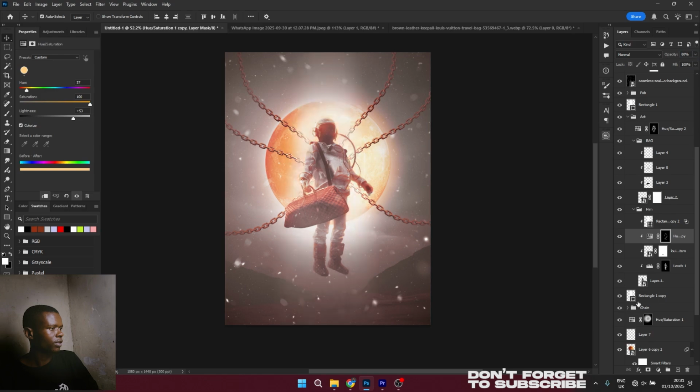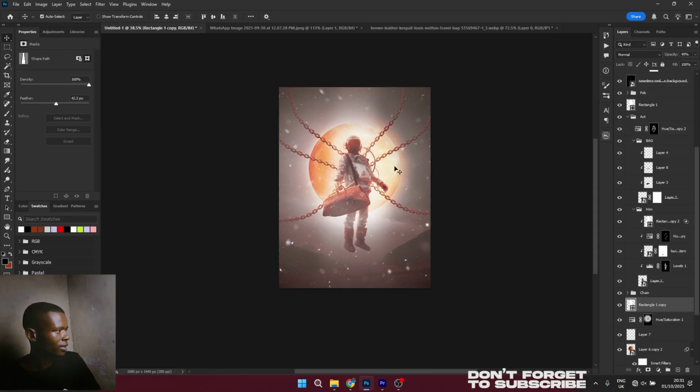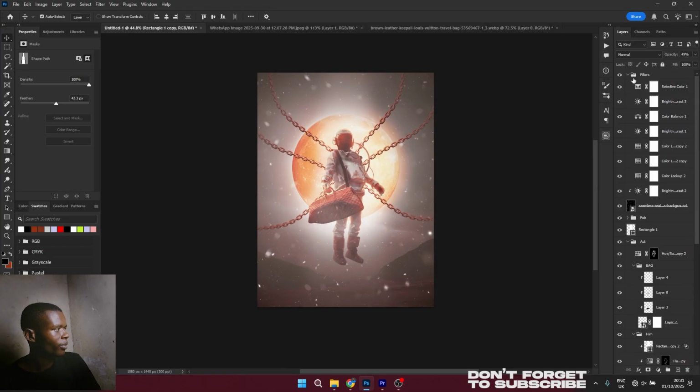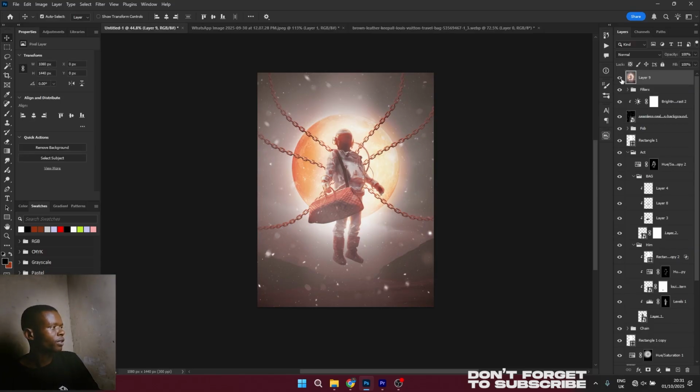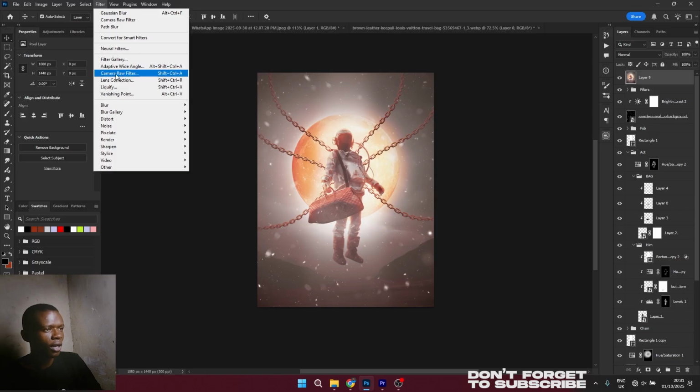Behind you there's a light, so these lights should be behind the chains, I think. All right, something like this. And then for the last part, I think we're going to merge everything. So you can add your own titles here and stuff like that, but we're not going to add any title here for now. So just merge everything, Control Shift Alt E, and then let's go inside camera roll like that,